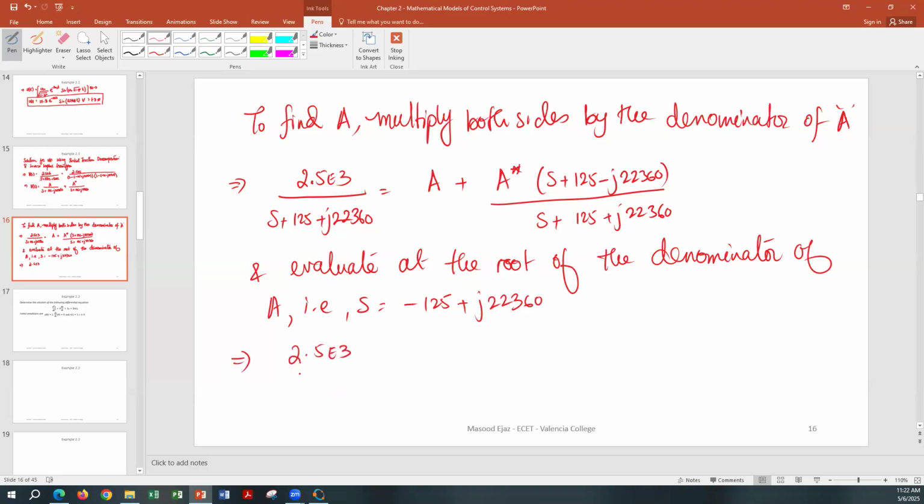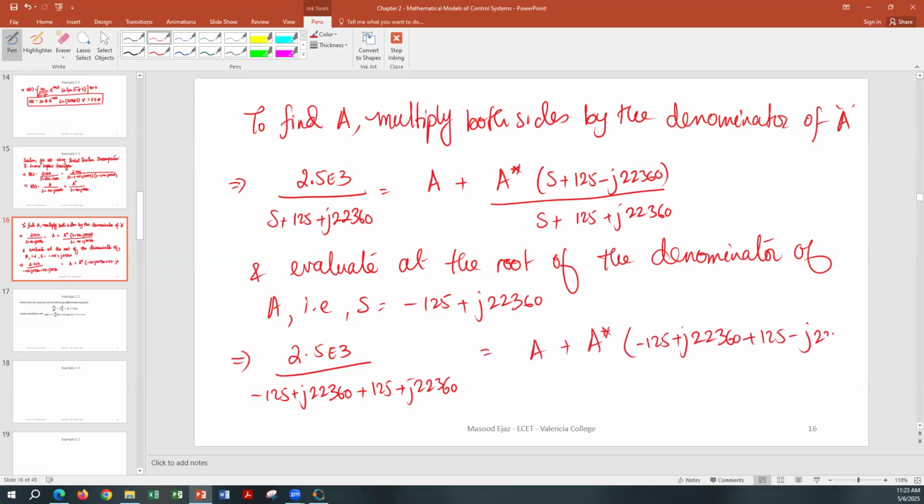2.5 exponent 3 over negative 125 plus 125 plus 2j, and I'm showing step by step. I'm not going to show step by step every time we are doing it, but this is the first time I'm doing it, so I'm showing each step. It is equal to A plus A conjugate divided by